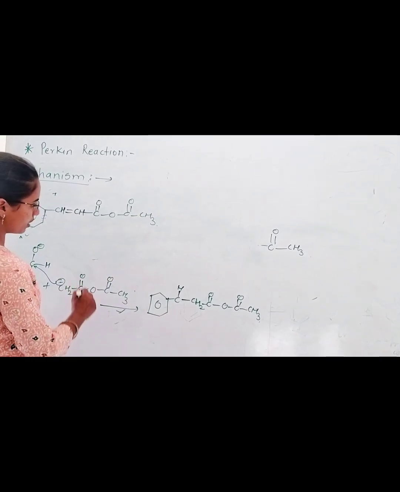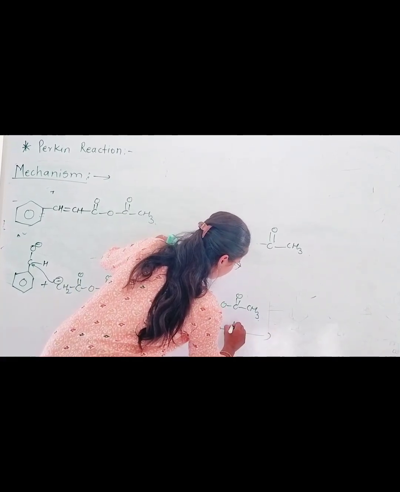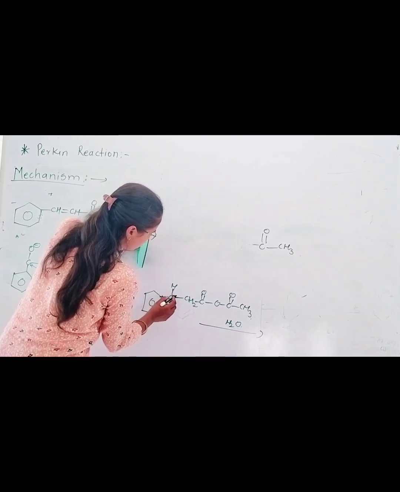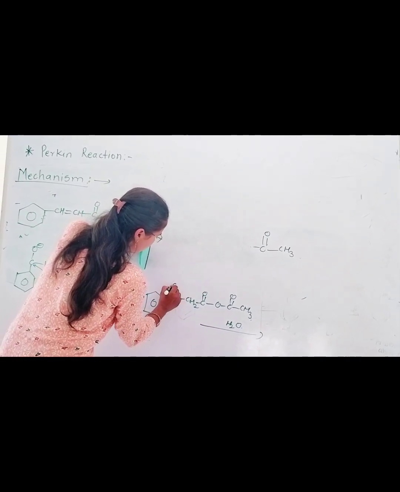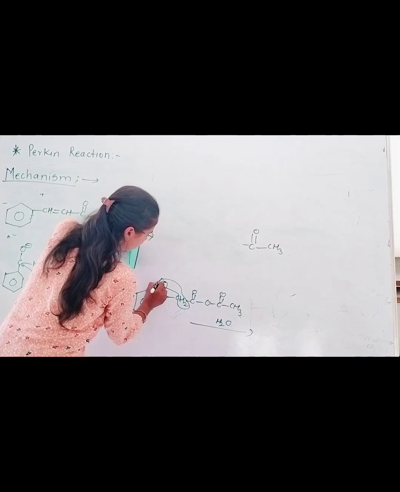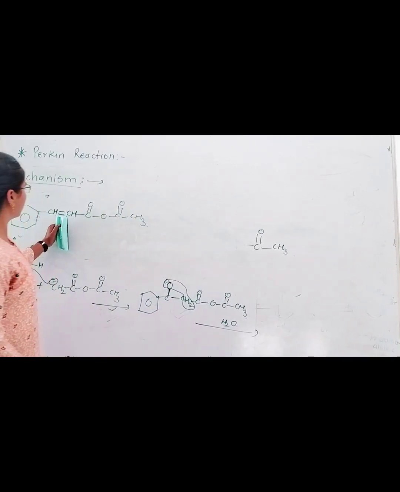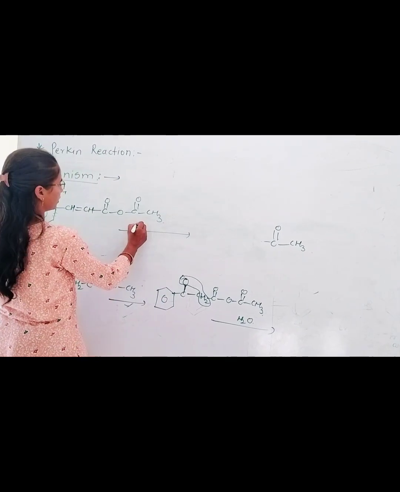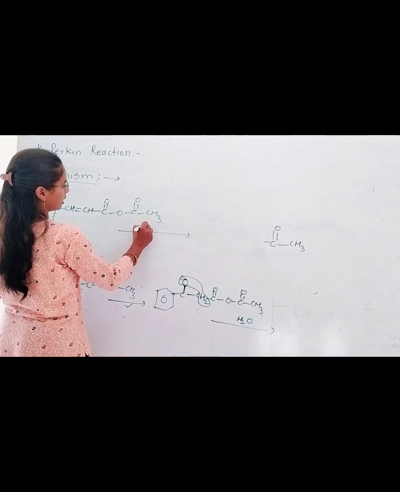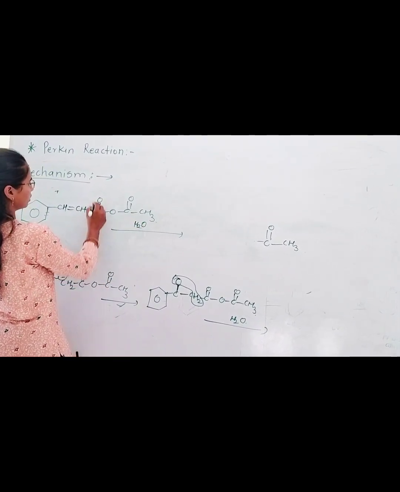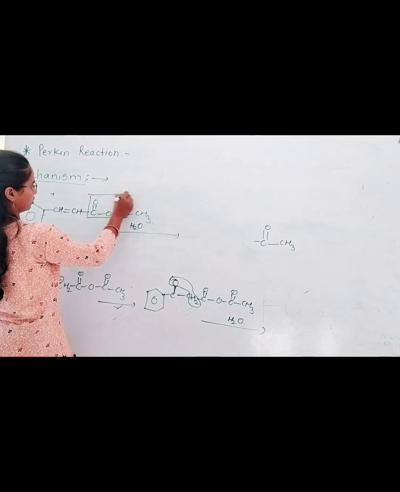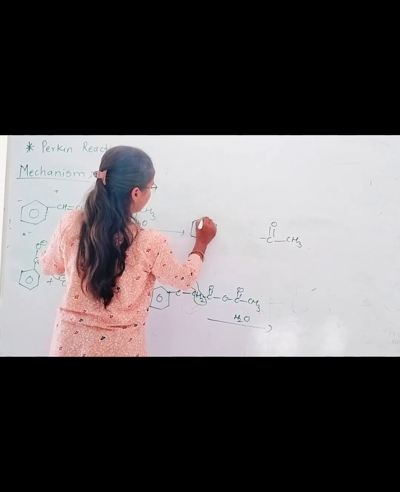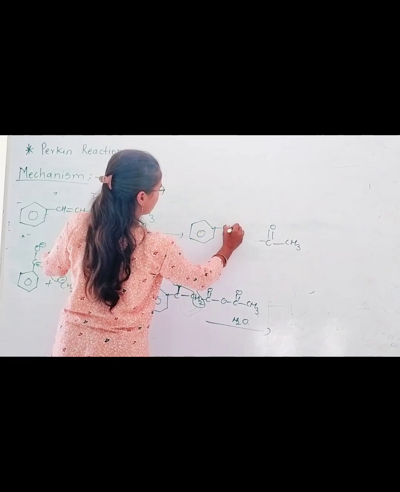After hydrolysis, we add H2O, so this O group and H2O are removed. Then we have it like this. Here we add water again, and this group is removed. So we have CH double bond